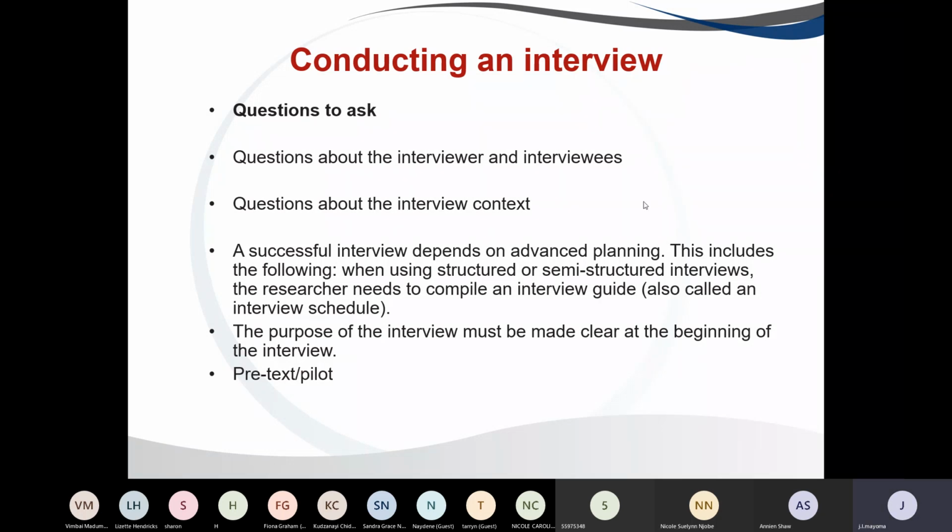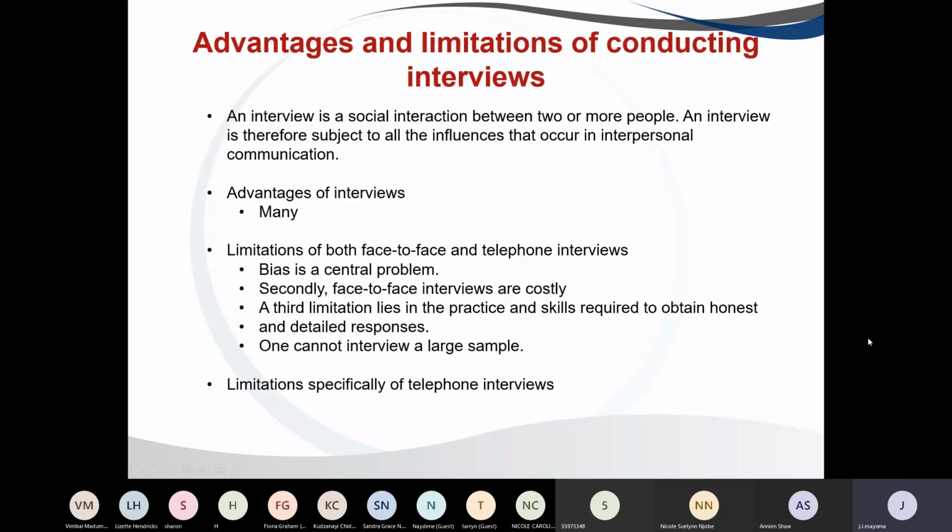Okay, so I'm going to move on to what the advantages of conducting interviews are. As we know, interviews are a social interaction between two or more people, and social interactions are so unpredictable. You can have a solid plan, but people are complex, and things don't always go according to plan. But interviews are really great because they are flexible,